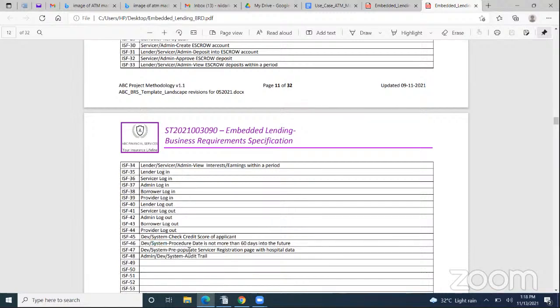And then we have something about pre-population of service registration page with hospital data at the point of application from a borrower. This should be handled by the system. Then we have the audit trailing functionalities. It should be a system thing. The system should take care of that. So the developers will ensure that.